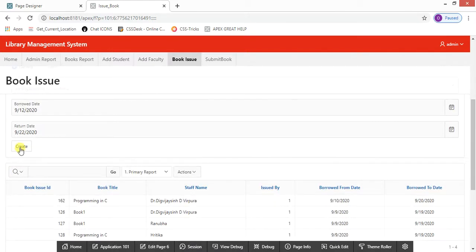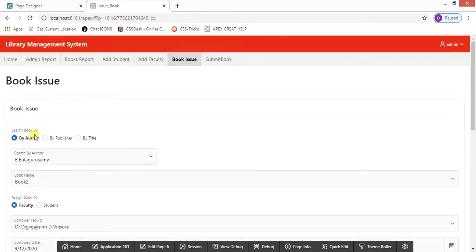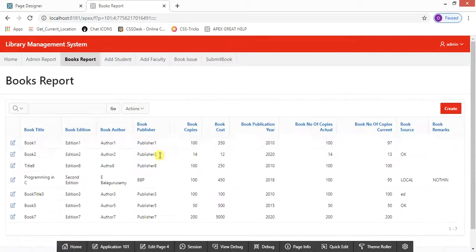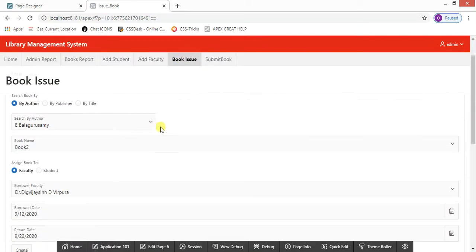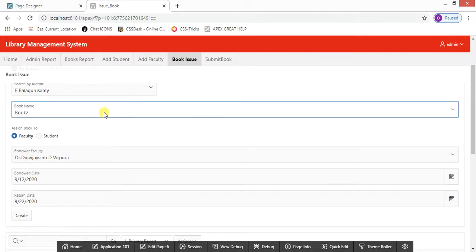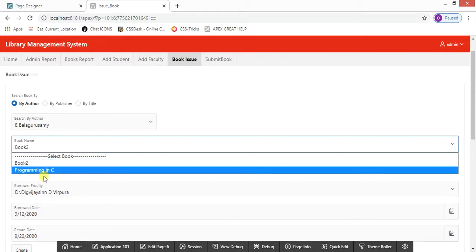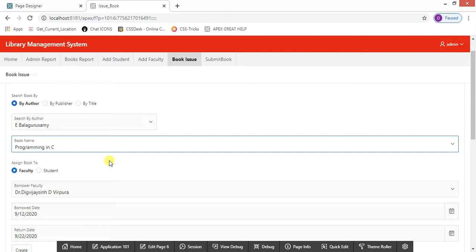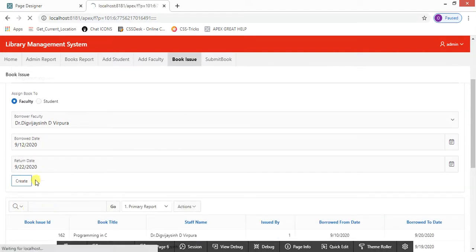So if I create it, remember we have 95 books, right? So if I go to this, but this time let me load it again, and check whether it's created or not. Okay, by mistake programming C was not selected, so let me select this one. This time I have created it.